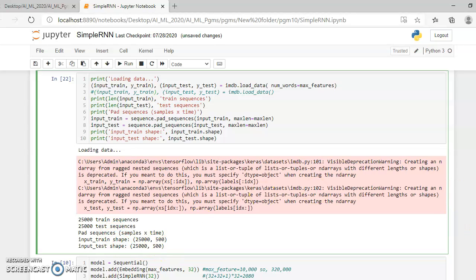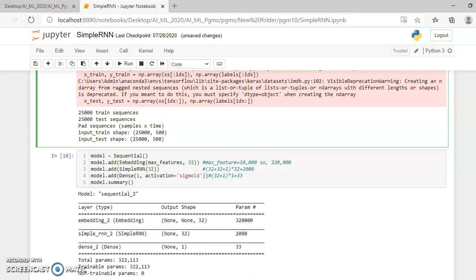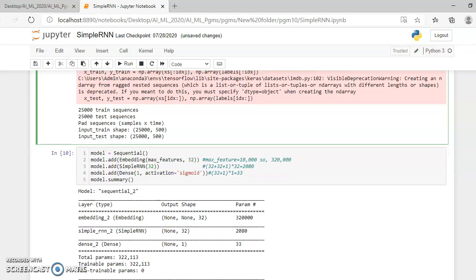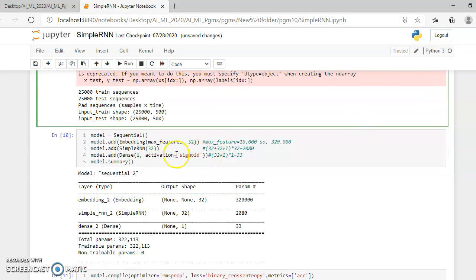Once we have normalized the text data, we have to design the network. The first step is the sequential function, and then in the input layer we consider the embedding of the features from the text dataset, with 32 neurons.